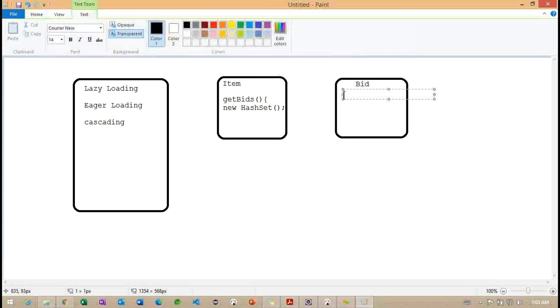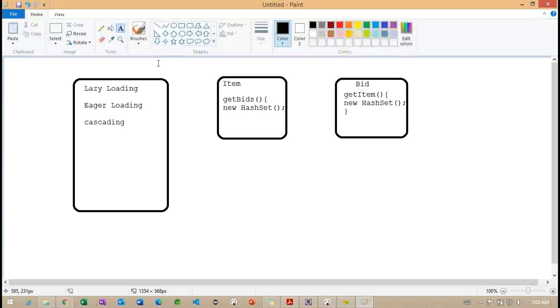Carefully observe. In the same way, whenever we load this particular bid, internally we load getItem. Here also we are going to create a HashSet object, just for understanding, but basically internally we get multiple objects.